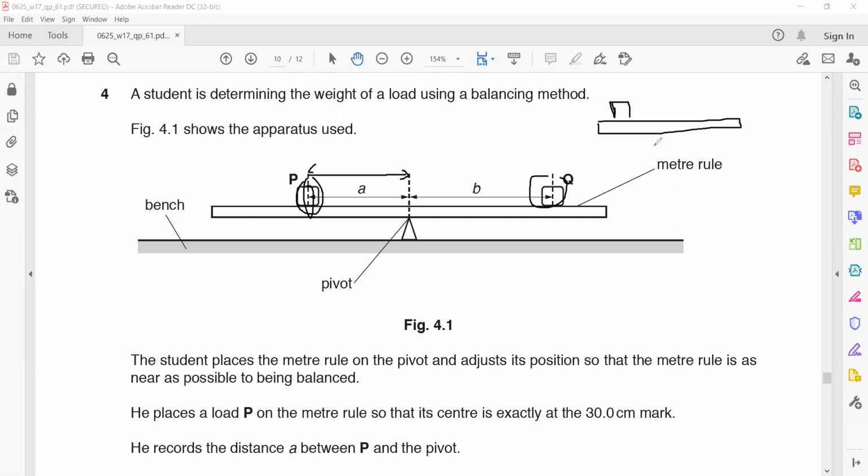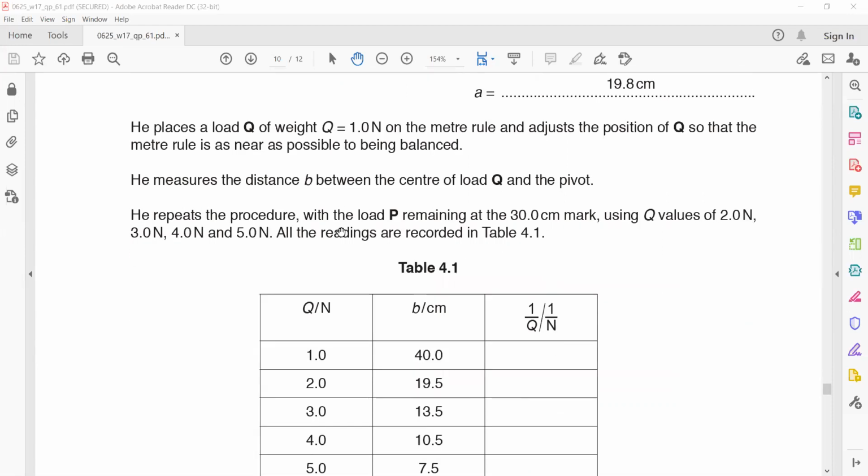and you place a pivot underneath and try to do balancing, this ruler will topple many times. So it is difficult to balance the meter rule when the load is placed on it. That is practically difficult and may lead to an error. Second thing, difficult to identify the center of these objects P and Q, because we have to measure a distance from the center. If this is a rectangular object or a cube, it's difficult to say the exact position of the center when you are looking at the experiment.